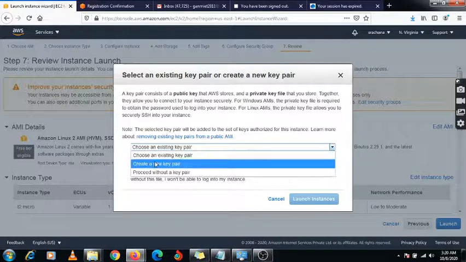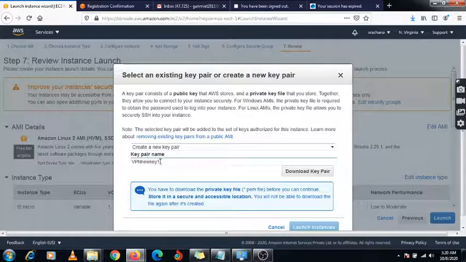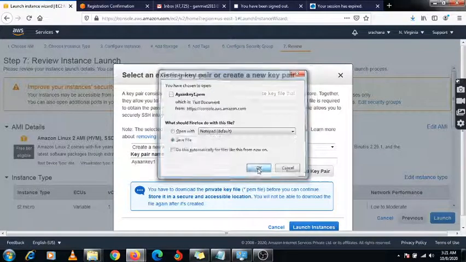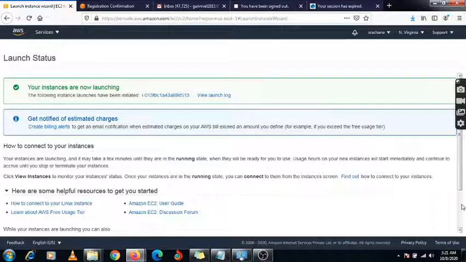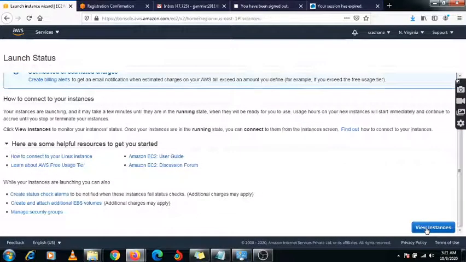I'm going to create one key pair, named IAM key 1. Okay, download it, launch it. View instances.